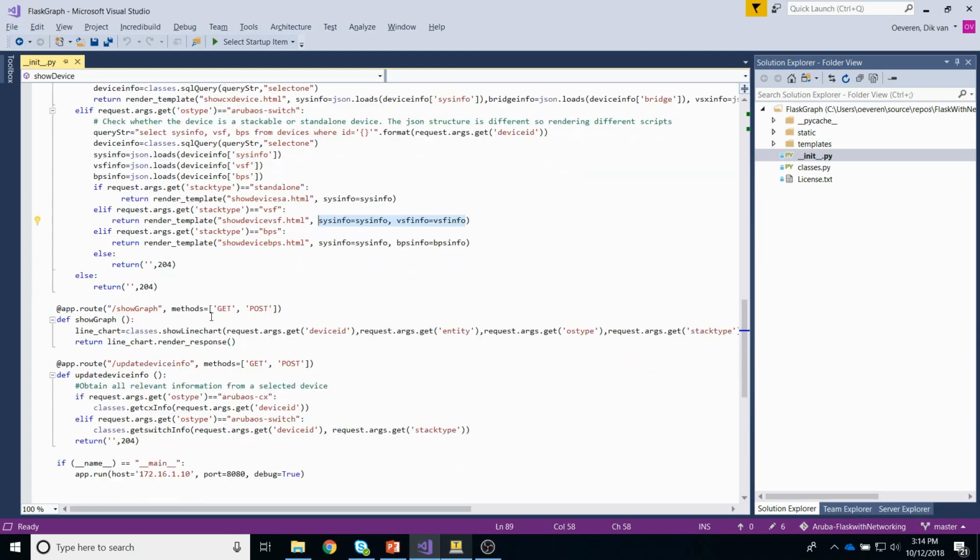And that's really how it works. Again, with the show graph, it's very much the same. So with line charts, I'm actually obtaining the device ID here. So I'm calling the line chart definition here, providing all this relevant information. Again, I will show you this in the classes.py how this works. So this is really calling the definition and returning information in a dictionary that is ready to be rendered in